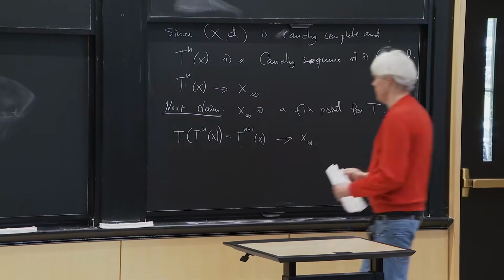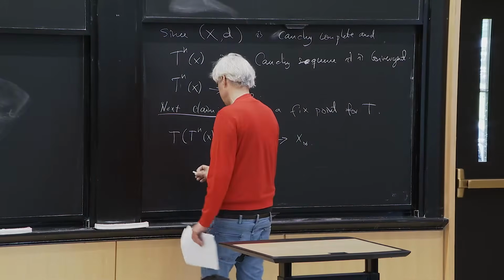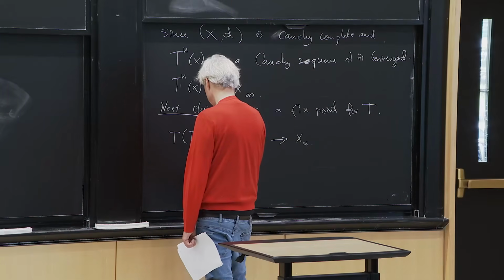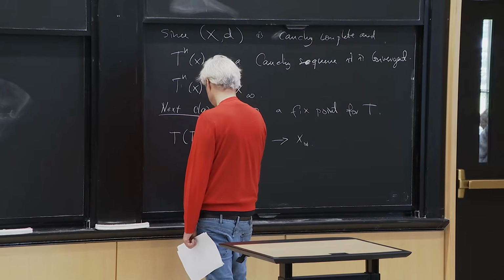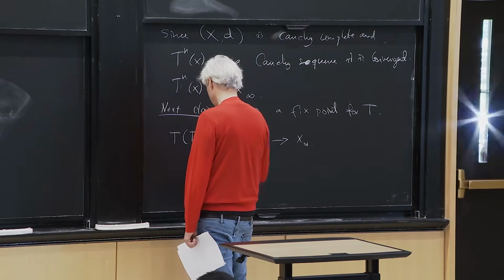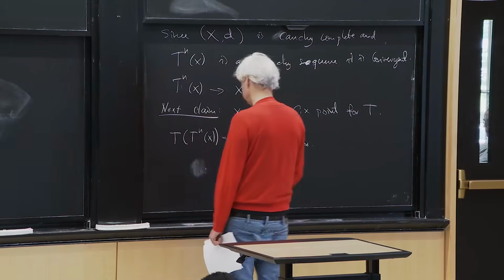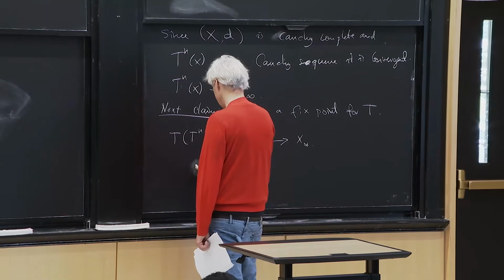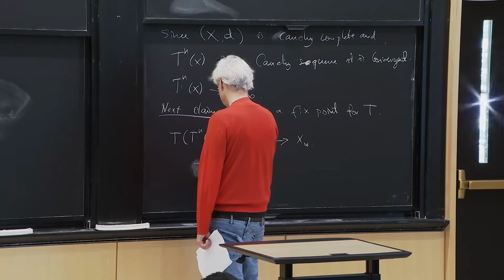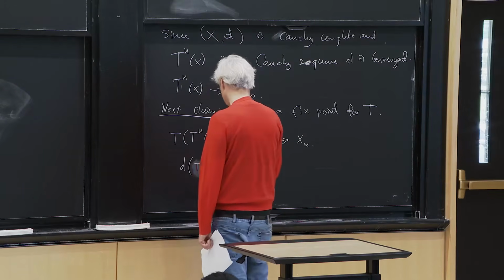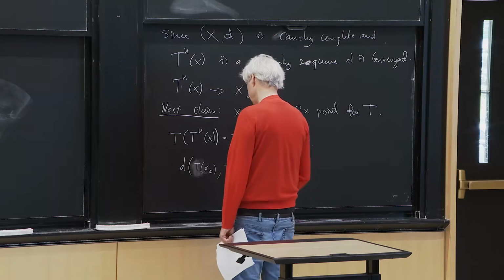But then on the other hand, if you're looking at T, we want to prove that. So now if we're looking at T of x infinity, the distance between T of x infinity and